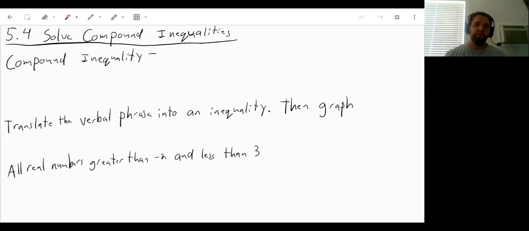Welcome to section 5.4, solve compound inequalities. Now, a compound inequality consists of two different inequalities, two separate inequalities that are joined by either the word and